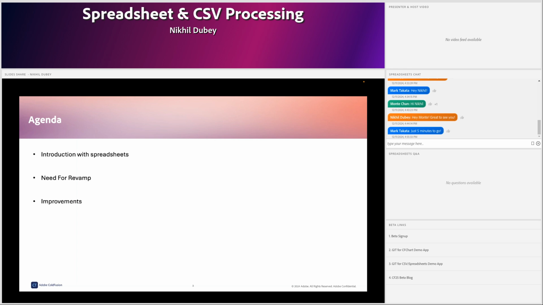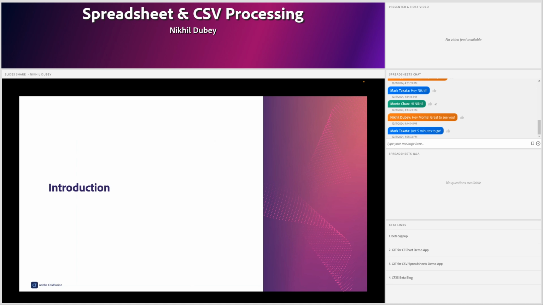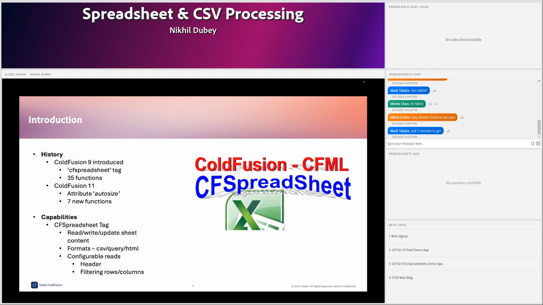So now a little bit of introduction to spreadsheets in ColdFusion. Originally ColdFusion 9 introduced the cfspreadsheet tag and some 35 functions, and ColdFusion 11 introduced another attribute, autosize, and 7 new functions. So overall, we have 42 functions in ColdFusion and the cfspreadsheet tag that allow you to read, write,